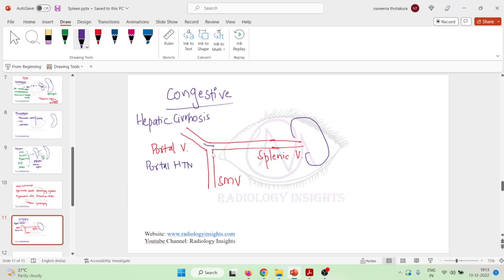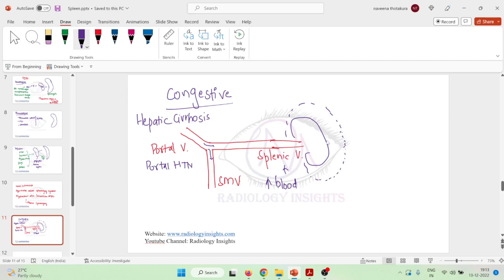This will also have back pressure causing increased pressure in the splenic veins, that is, increased blood in the splenic vein is also seen. Congestion is nothing but increase in blood. Because of increased pressure in the splenic vein, the spleen starts to increase in size,